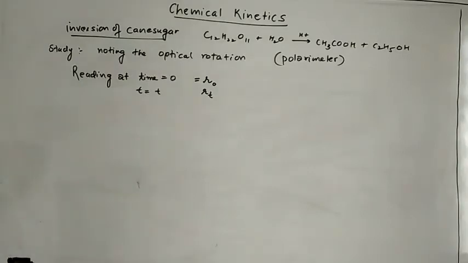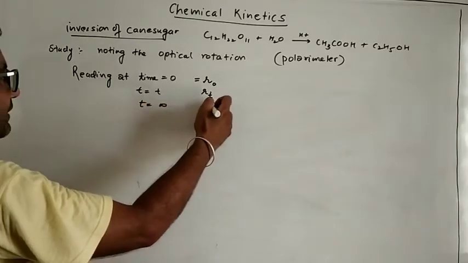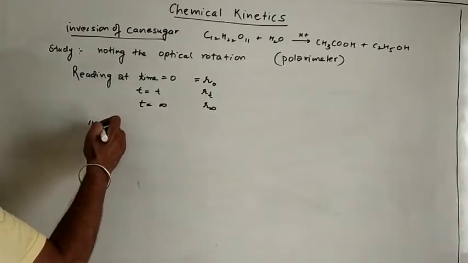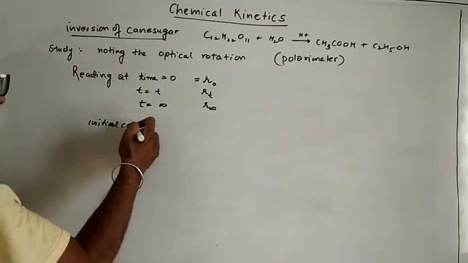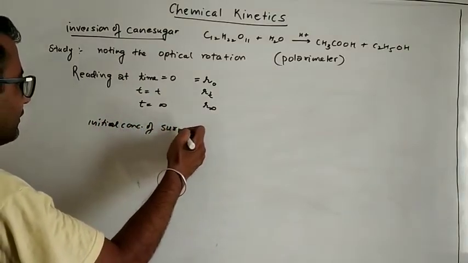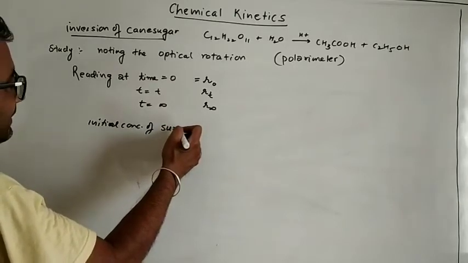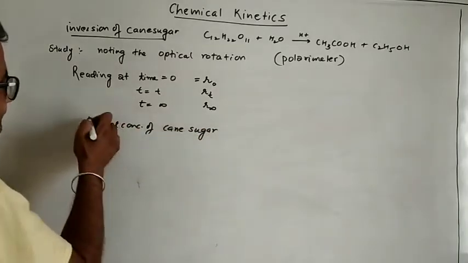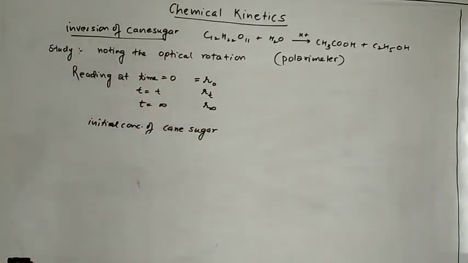So the reading at infinite time, when the time is infinity, we will take as r infinity. The reaction is supposed to complete at infinite time, say 24 hours. So the initial concentration of sucrose, or you can write cane sugar, which we write as A, will be equal to